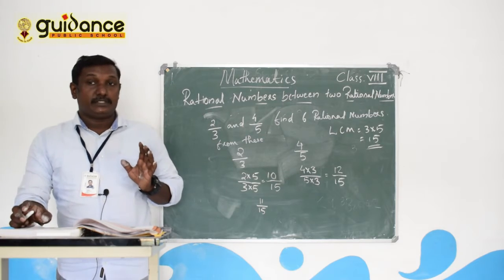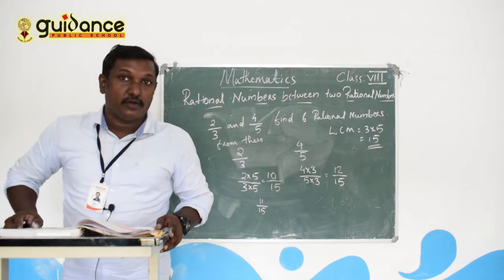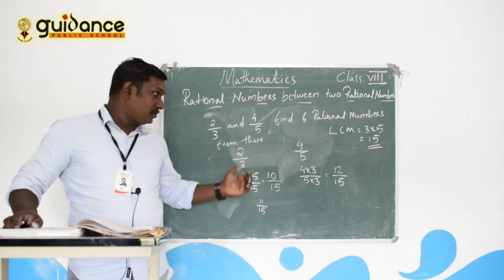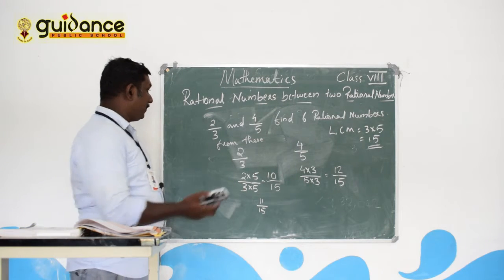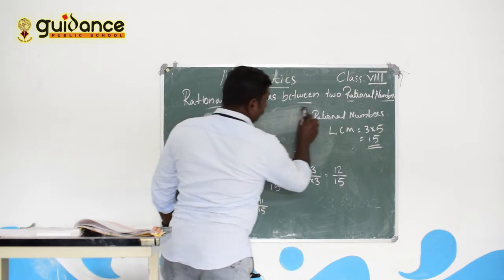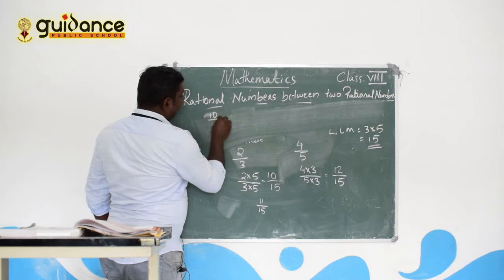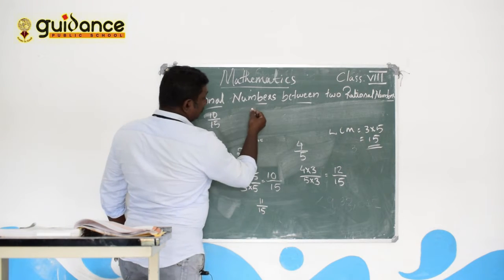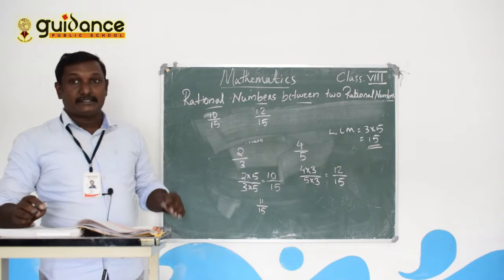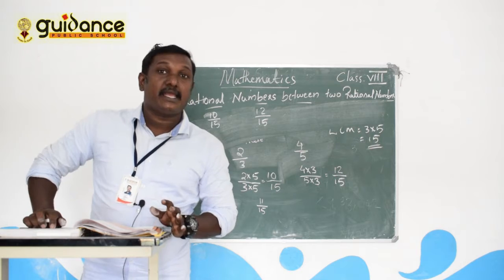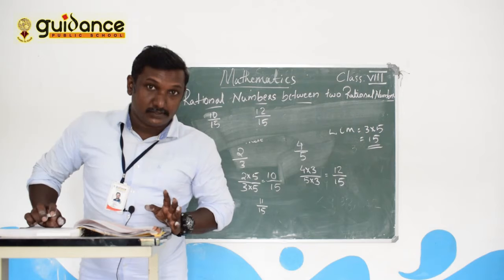But our question asks us to find 6 rational numbers, so that is not possible. In such cases, what can we do? We can multiply. Our numbers are 10 by 15 and 12 by 15. When they ask us to find more than 1 rational number, even 6 rational numbers,